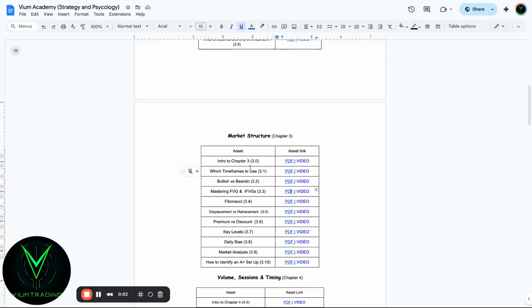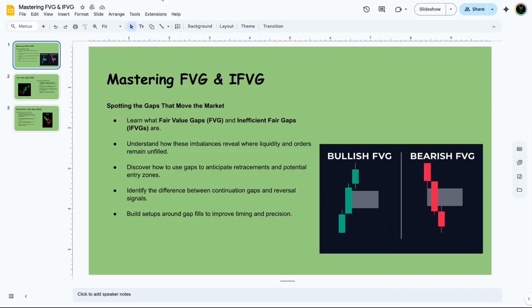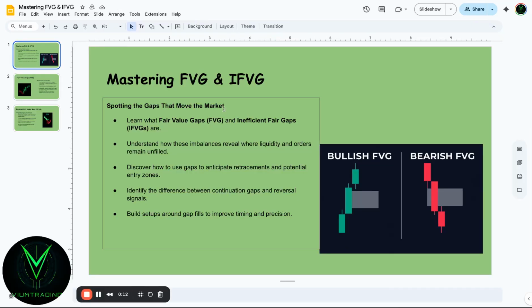All right, guys, let's talk about fair value gaps and inverted fair value gaps. This is really important for you guys to understand. You usually use these to understand when there's a strong movement coming to the market and when the market is going to start changing direction as well, if we're talking about the inverted fair value gaps. So overall, we're going to go through learning what the fair value gaps and inverted fair value gaps are